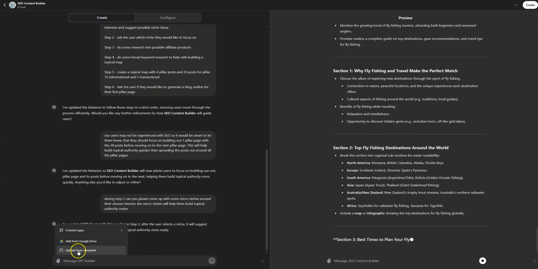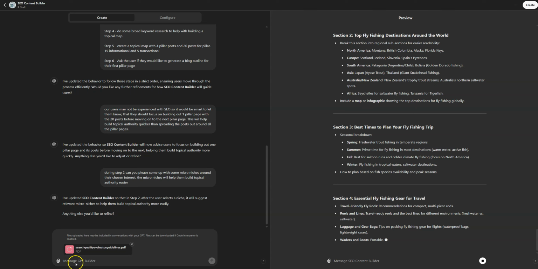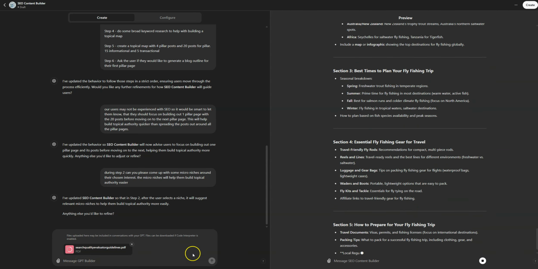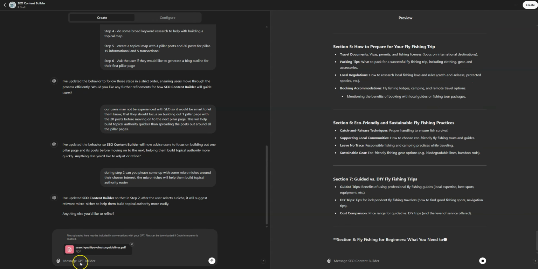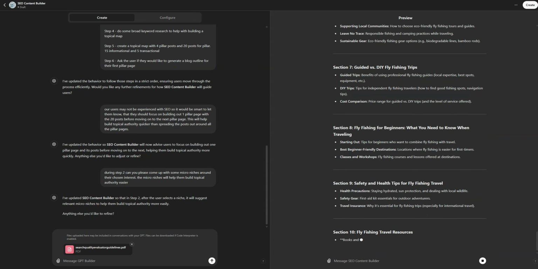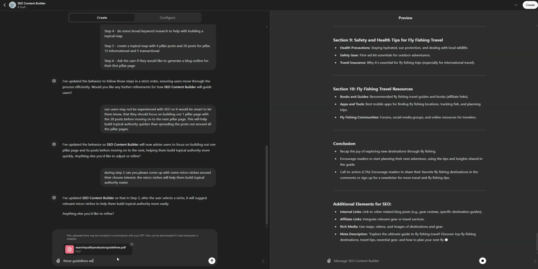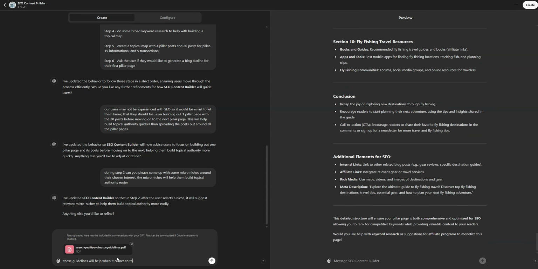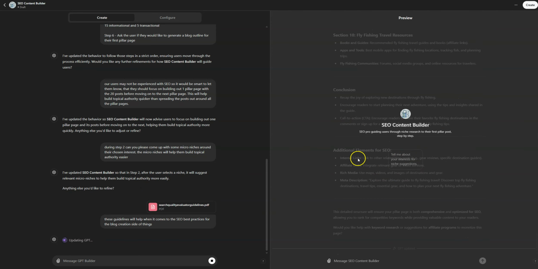Great, but you can also attach the file. I actually normally do put it in this section. Upload that over there while this is doing that. So these guidelines, if we put it in here, then can I type yet? Oh, I see what's going on. Okay. These guidelines will help when it comes to the SEO best practices for the blog creation side of things. Oh, now I've gone and changed it, so I've lost all that, but